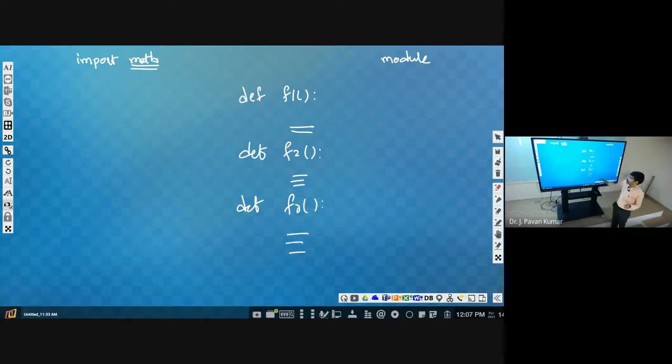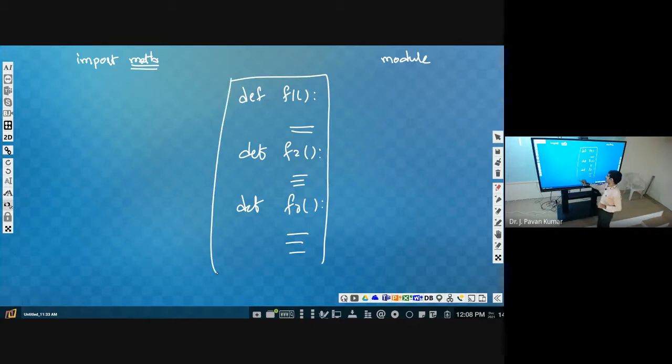Okay. Now, these 3 functions I wanted to utilize in some other program. Then I can give some name to this. Like for functions also, some set of statements we have given one name, right? Like that, some set of functions we are giving one name. Let us say that name is list of functions. List of functions is the name.